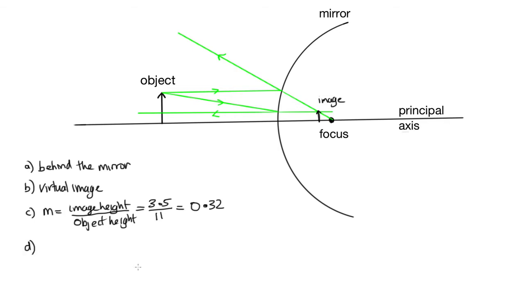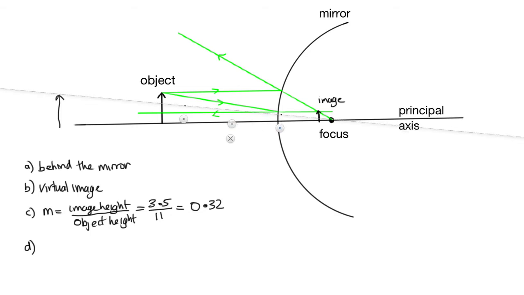Now, part D asks, if the object was twice as far from the mirror, what would be the answer to these questions? Okay, so now the object is moved back somewhere along here. Now, if we consider this first ray, which is traveling parallel to the principal axis and is then reflected off the mirror, that's identical for these two objects. But the second ray, where we're going from the top of the object, roughly here, it's a good idea to draw it more precisely than I have,